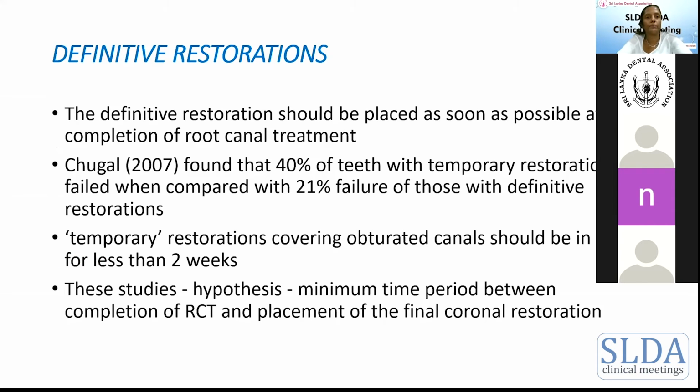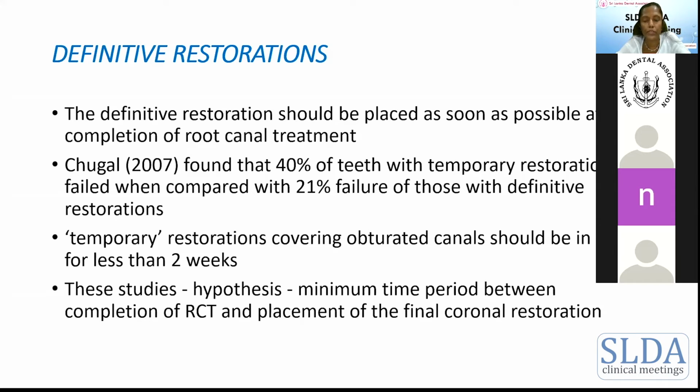So let's move on to the definitive restoration. The definitive restoration should be placed as soon as possible after the completion of the root canal treatment. There is a lot of research done in the world regarding this restoration delay, the definitive restorative delay, and the failures of endodontics. Shugel has found in 2007 that 40% of teeth with temporary restoration failed when compared with 21% failures of those with definitive restoration, because